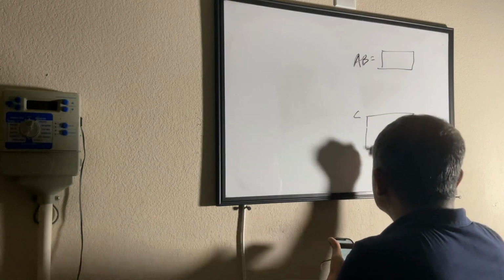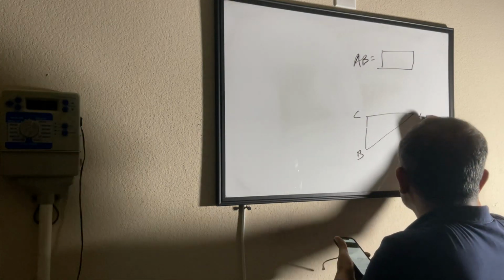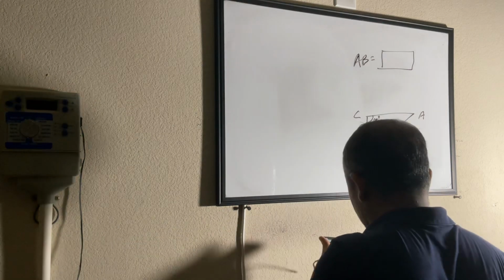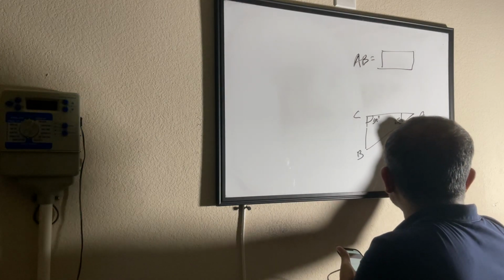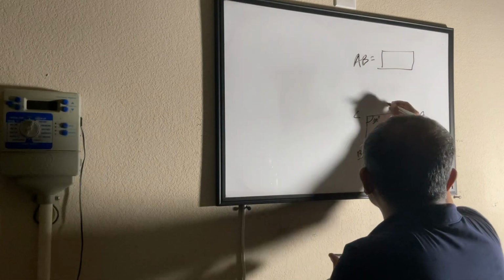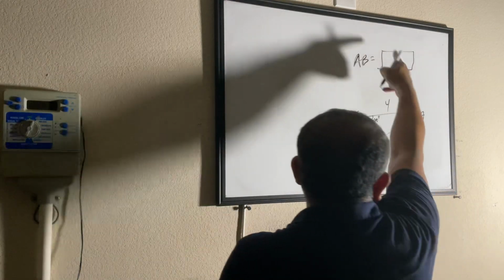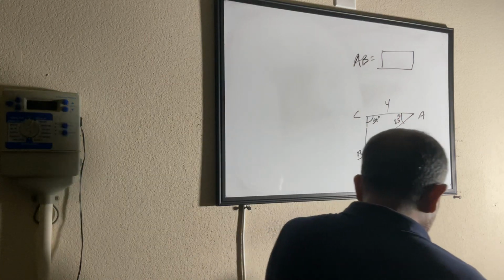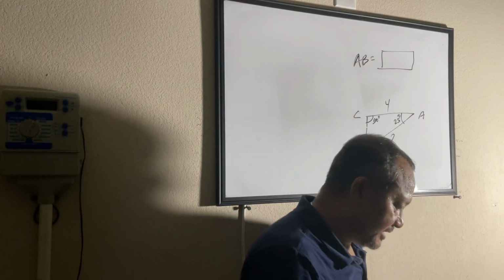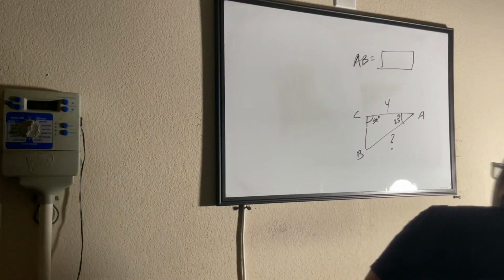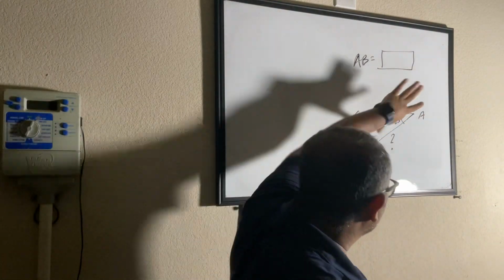This is C, this is B, this is A, this is 90 degrees, this is 25 degrees, this is given as 4, and this is the question that you can relate to. It says round the answer to the nearest 100. I don't have to worry about that for now. But if you have to find out the value of this side,